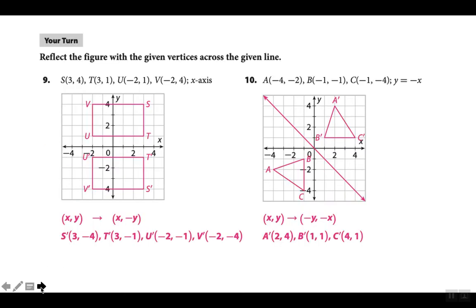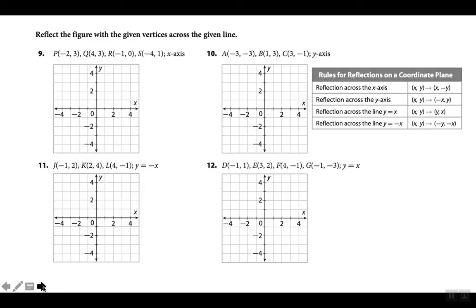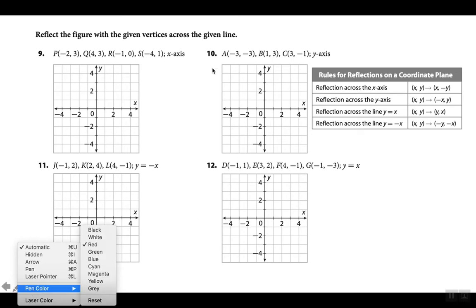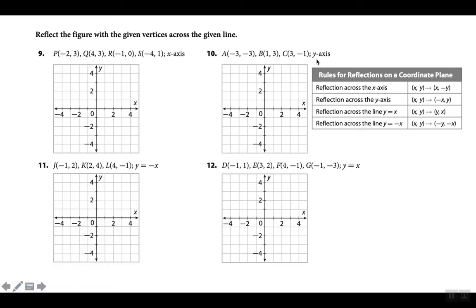Okay, and those are the answers from the book, so you can see it a little more clearly. I'll make sure to upload that with the PowerPoint for this lesson. Okay, from here, this is basically the same thing. I'm going to choose a few random examples. Okay, so let's start off with, how about let's do number 10, which is asking us to reflect over the